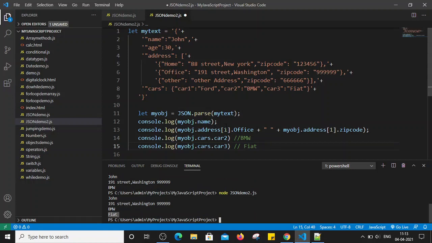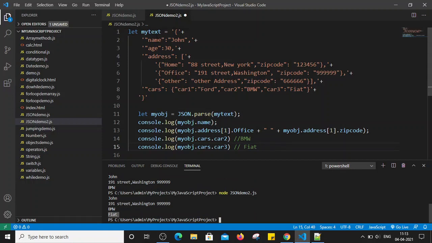So this is how we can extract whatever values we want to display to the user from the JavaScript object which contains the JSON data format. The process is basically that the JSON data we receive from the server gets converted into a JavaScript object first, and by using that JavaScript object we can extract the data from any specific object or specific position. So this is how we can work with the JavaScript object.